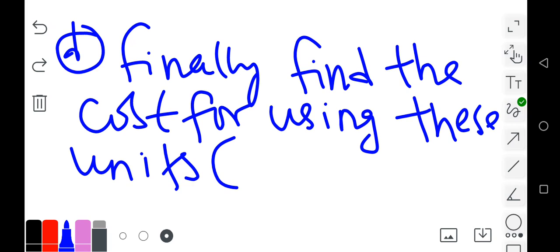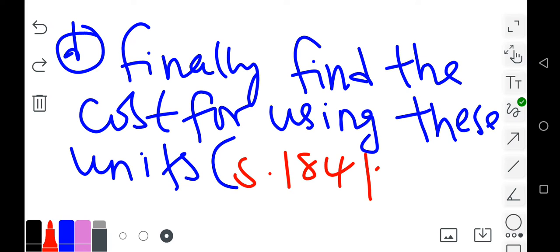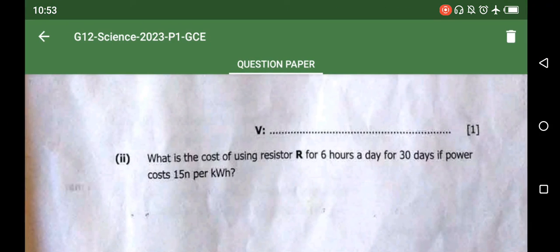Now what are these units? Just 5.184 kilowatt hours. So we have been told in the question that the cost of 1 kilowatt hour,